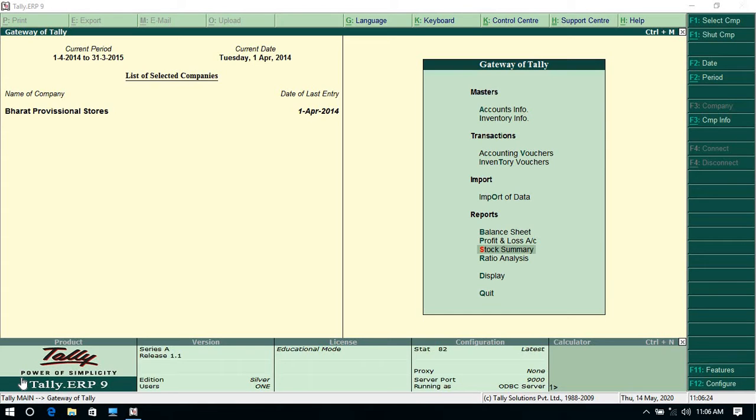All employee salaries become one cost center, all rent paid becomes one cost category, and all types of telephone bill payments come under another cost category. So like this we have categories. You can create various cost centers and allocate similar types of cost centers to a particular cost category.